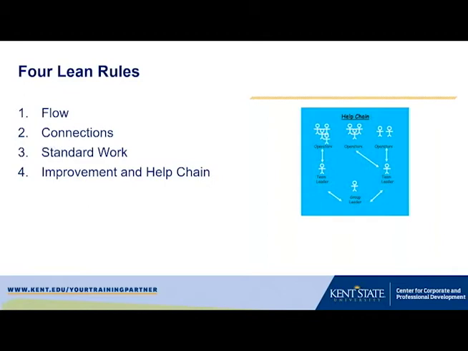It's actually flipped over. The higher level management person, the group leader in this diagram, is actually at the bottom with the team leaders above them, and then the operators actually at the top. And that is done intentionally that way because in Lean, the people that are providing the value to the customer are those operators. They are in the value stream. They are providing that service or product. The team leaders and group leaders are there to support that work, enable that work, and help them to do that well.